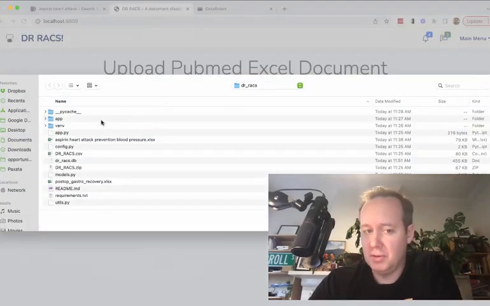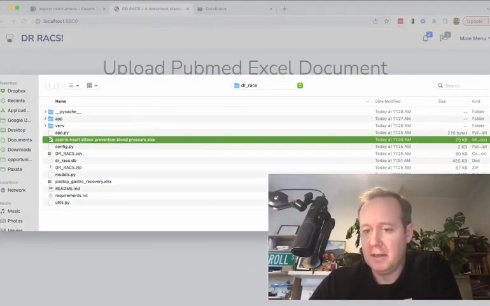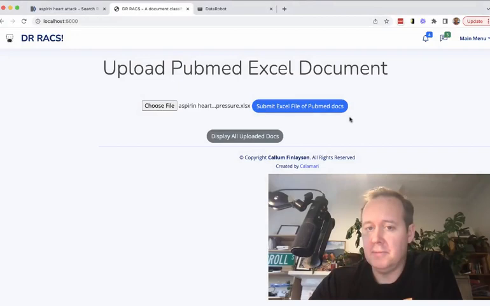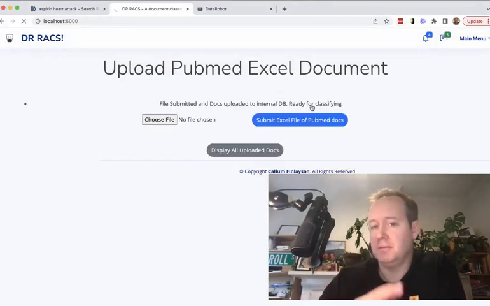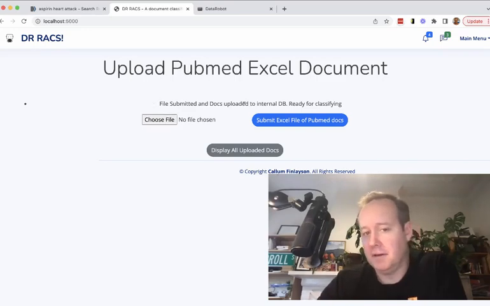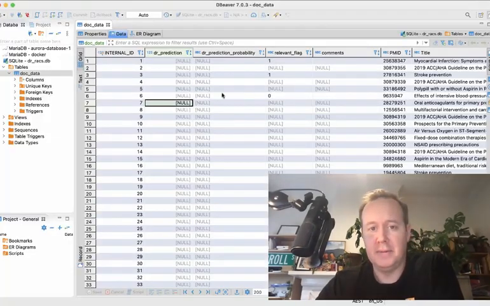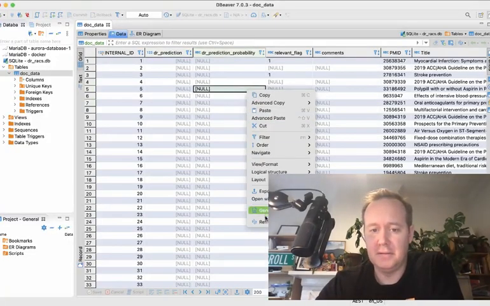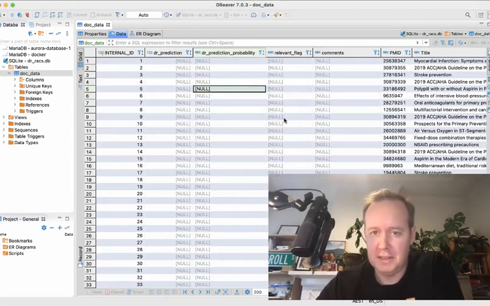I'm going to choose the file that I created and I'm going to open it. Now I'm going to submit this file into my app, and you can see that the file's submitted and the docs are uploaded to the internal database. Now the internal database is here, so if I just refresh this, you'll see that